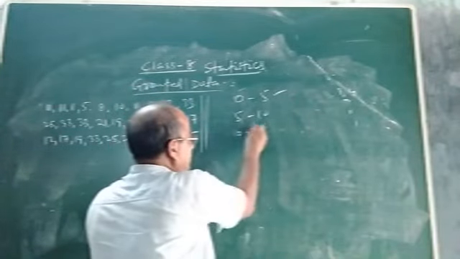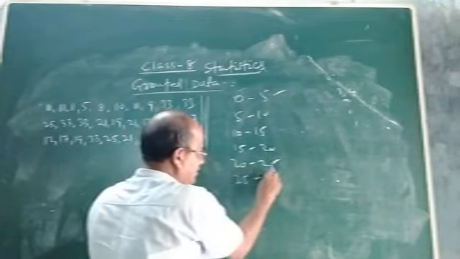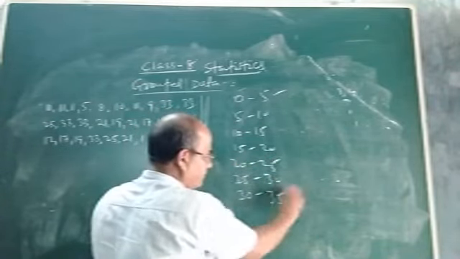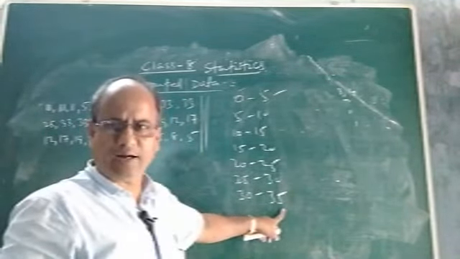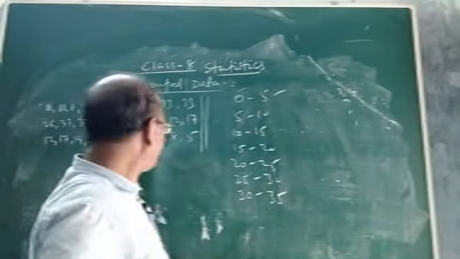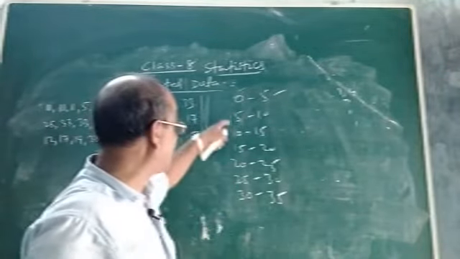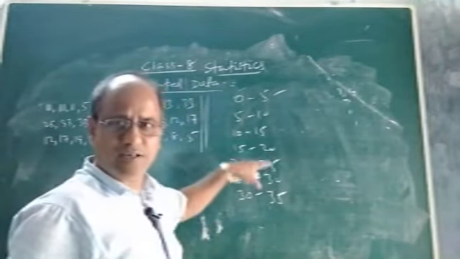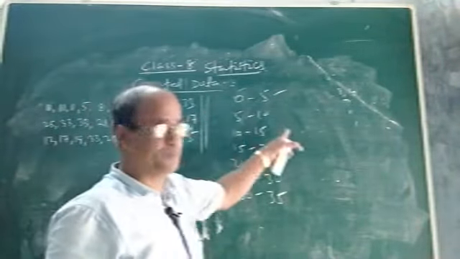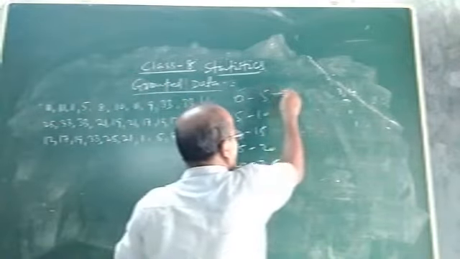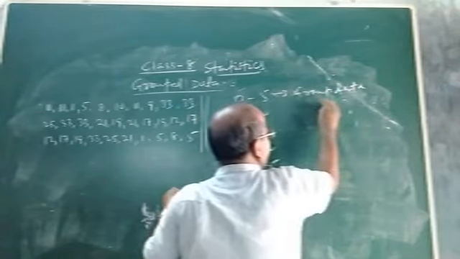See, 10 to 15, 15 to 20, 20 to 25, 25 to 30, and 30 to 35. Because the maximum rainfall is 33, we will go up to 35. There is no need to go ahead. So now see, these 30 observations have been reduced into just how many groups? 7 groups: 1, 2, 3, 4, 5, 6, 7. So you see, it is reduced to only 7 groups. Each one is a group, and this is group data. Each group is called a group data, or it has another name also.